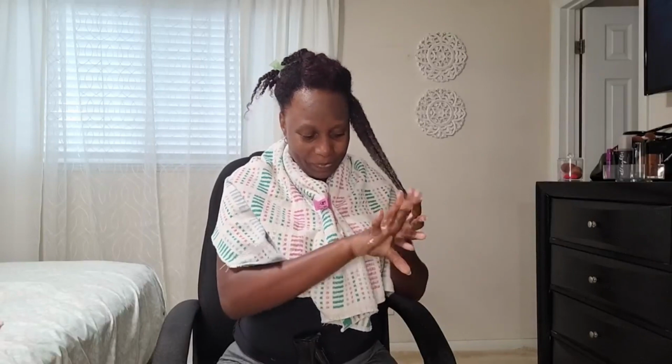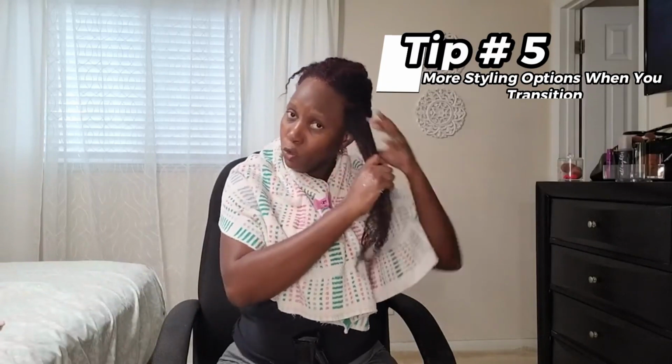Another tip, it goes back to transitioning as opposed to big chop. Another benefit of transitioning is that you have a lot of styles that you can do when you're transitioning. You can do braid outs. When you do a braid out, it's going to stretch your natural curls, and it's going to give it some kind of wavy or crinkly pattern. It's also going to do the same thing for the relaxed portion of your hair, and it's going to give it an appearance of an even texture, as opposed to you have your natural curls and then your straight chemically processed hair at the end. It will kind of camouflage the texture difference that you have going on,